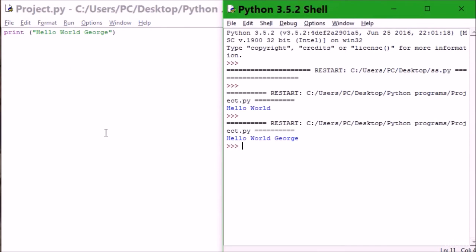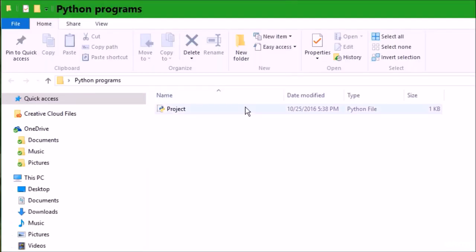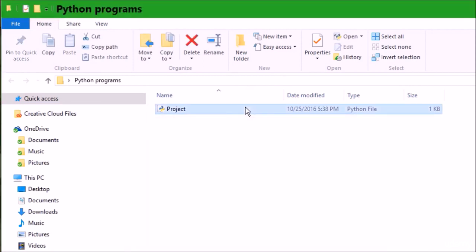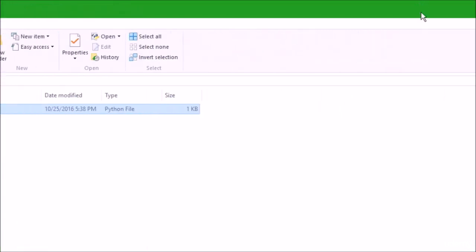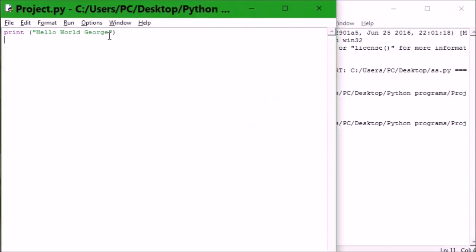Now let's go to the folder where we saved this. I have my Python. I'm going to click Python open, and maybe in future I want to open this project. If I click this, it will just come on and go. Why? Because what I asked it to do is just print hello world and go off. If I want to keep it so it will remain there anytime I need it, it will show me hello world and stay there until I close the window, I need to put input,